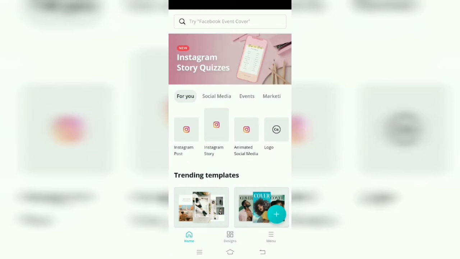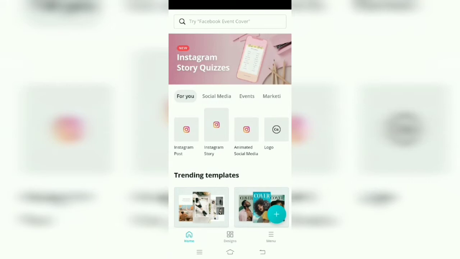So first of all, there are 4 objectives: logo, Facebook ad, poster and website. These 4 things are required to market or advertise our product. For that, first of all we are going to make a logo. These 4 we can make simply through a single app, that is Canva.